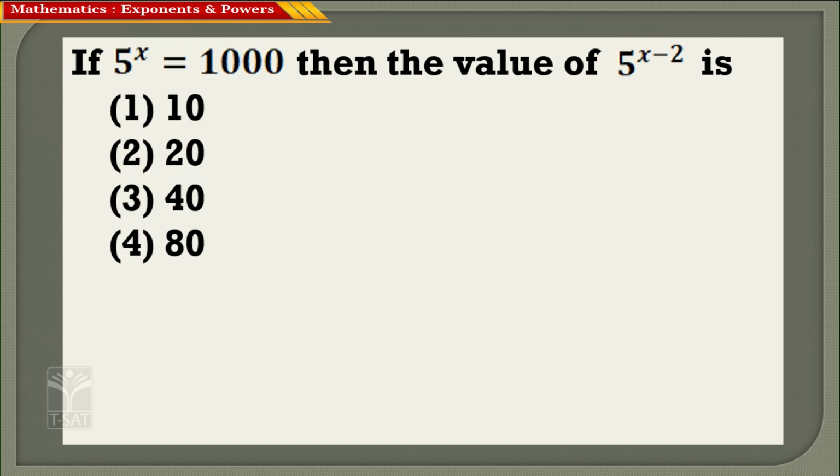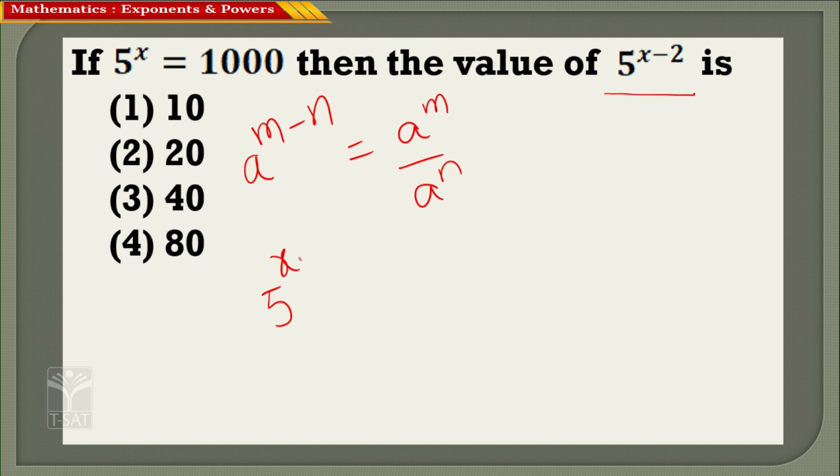5 power x is equal to 1000, then what is the value of 5 power x minus 2? Here, what is the laws of exponents we have to use for solving this problem? Just observe, what is the value which we want? 5 power x minus 2. It is like a power m minus n. We know that a power m minus n is a power m by a power n. So simply I make use of it and I can write 5 power x minus 2 as 5 power x